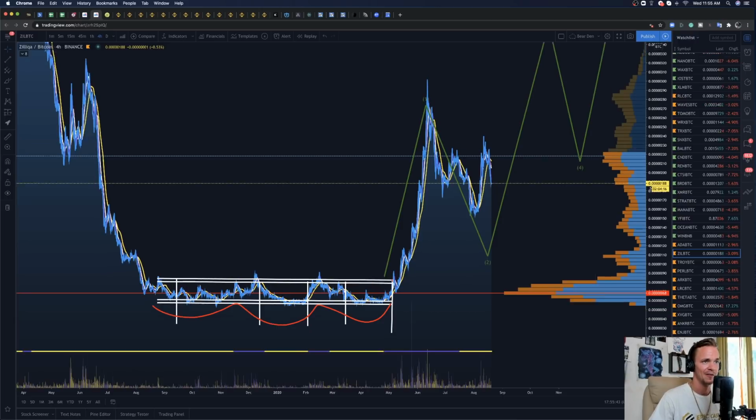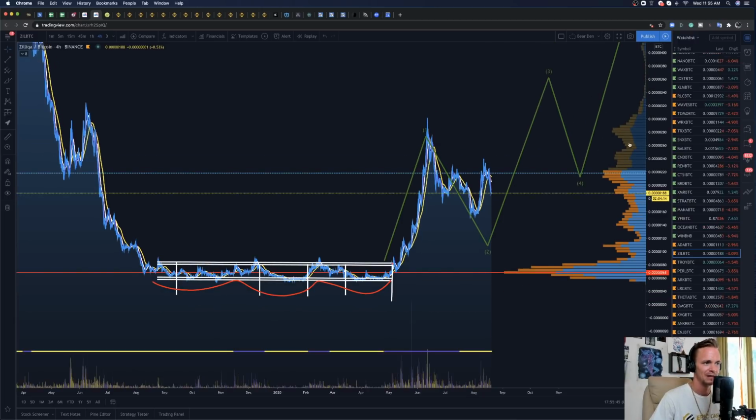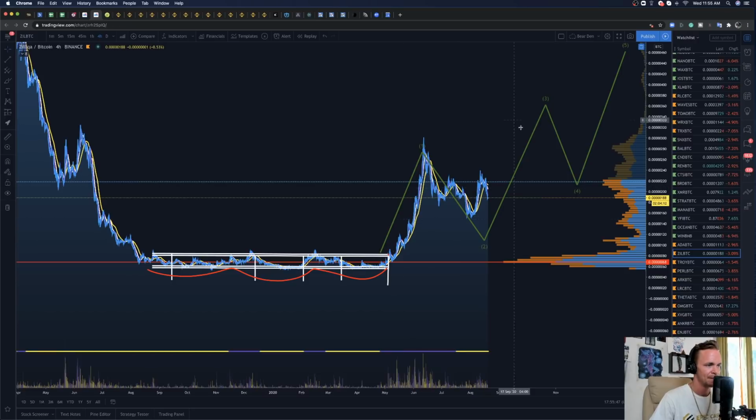Now the fun part: you get to imagine the Elliott wave count upwards potentially, right? And the idea that this is a new bull market, and you might even be seeing an inverse head and shoulders on this smaller time frame as well. So what does this mean? How do we use all this?